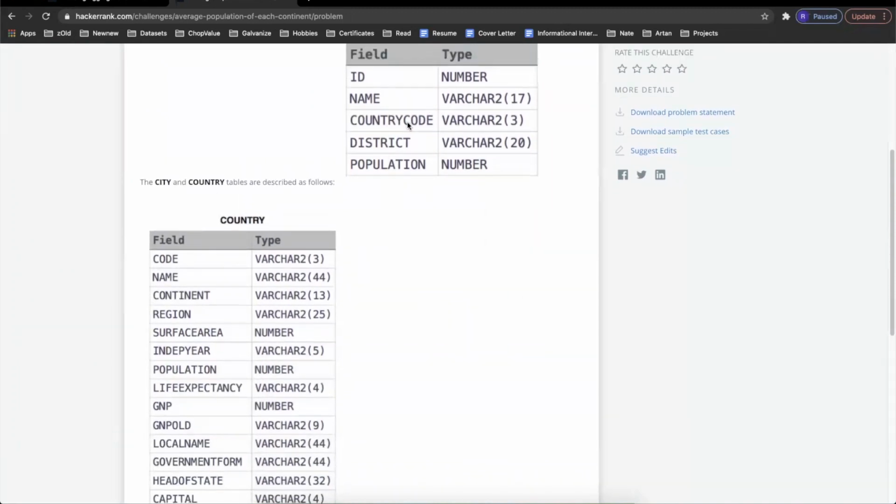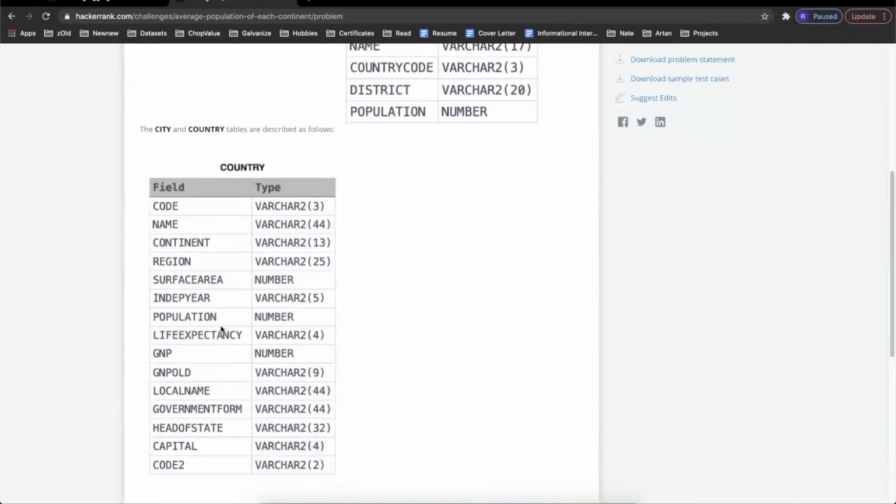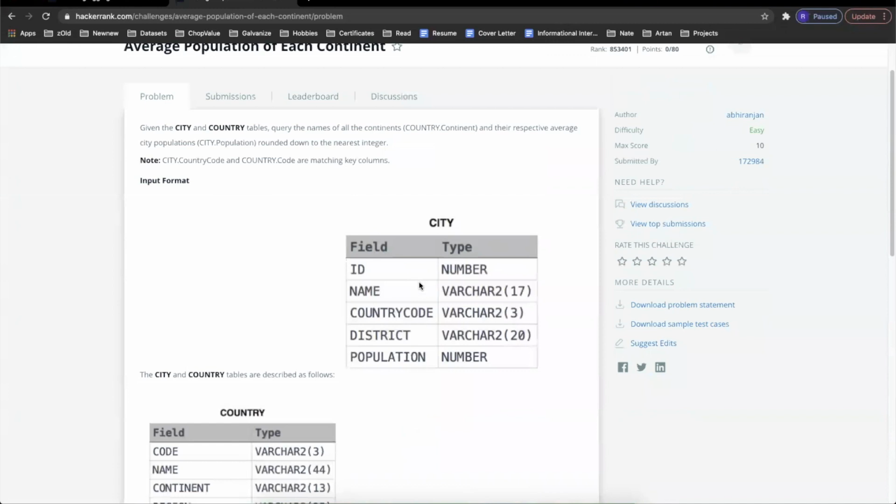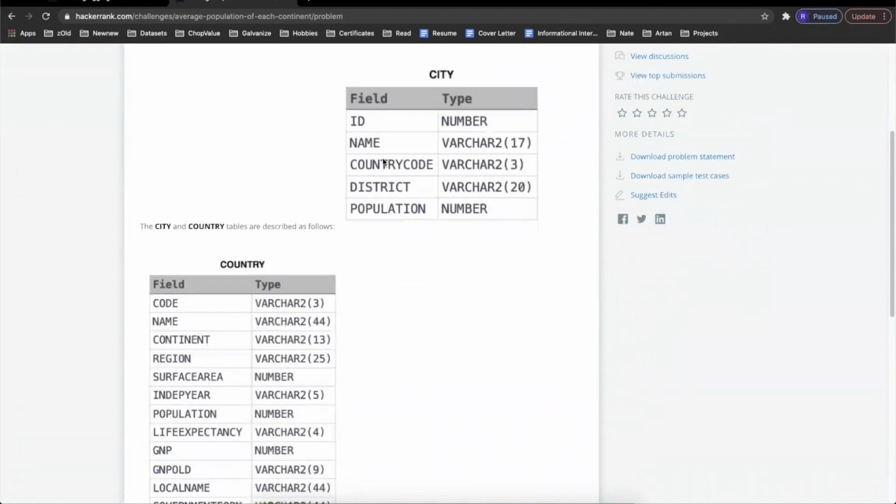It looks like there's country code here. I'm guessing code here is probably the country code as well. So that's the primary. Yeah, you don't need to guess. I think there is a small line mentioning that they are the keys. Note, so country code and code are matching key columns. Yeah, so I think what we need to do is,